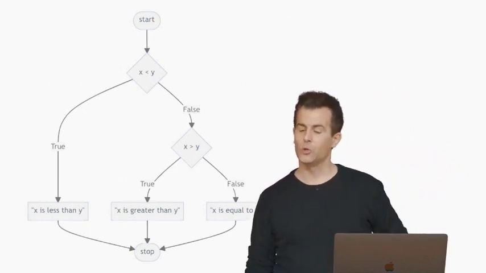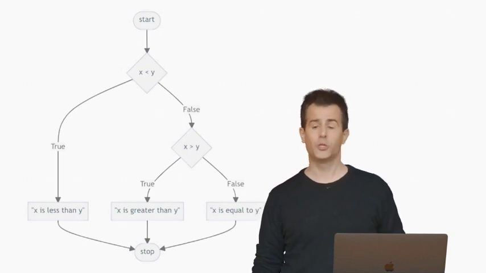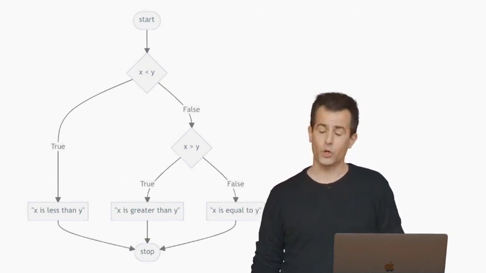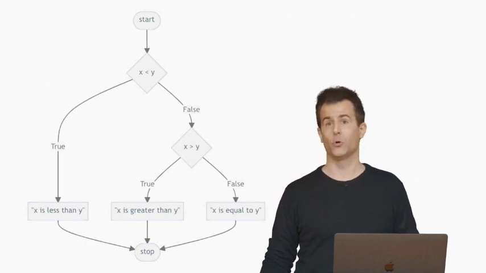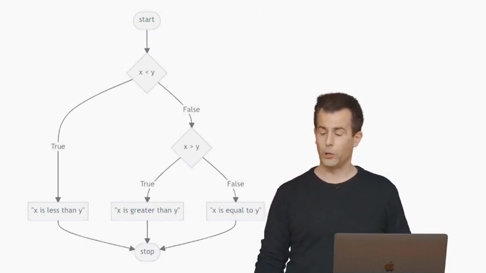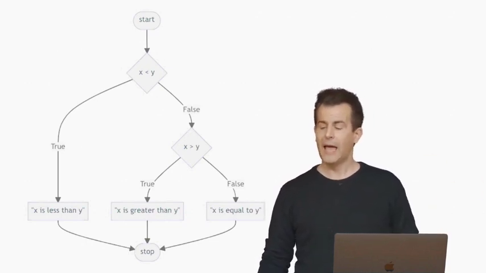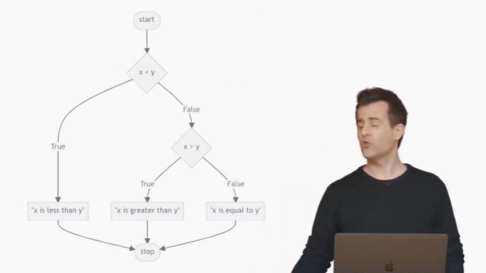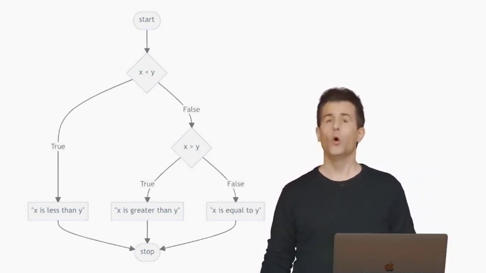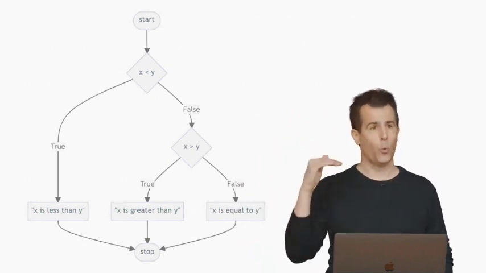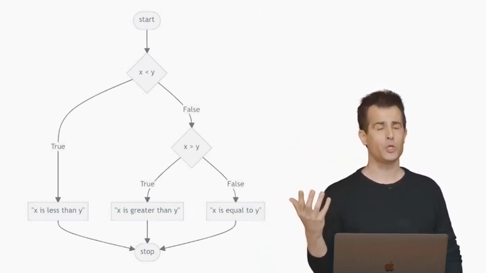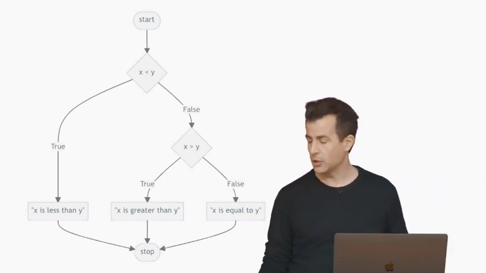Let's start at the top now. Start leads us to the first question still. X less than y. If the answer is true, great. We can say as much, x is less than y, and we can stop. If it's not true, if it's false, we can ask the next question. X is greater than y, true or false? If it is, great. We can print x is greater than y and stop. Else, if it's not the case that x is greater than y, the answer is false, we can just immediately, logically say x is equal to y. We don't have to add the third question at all. We can just immediately conclude there.